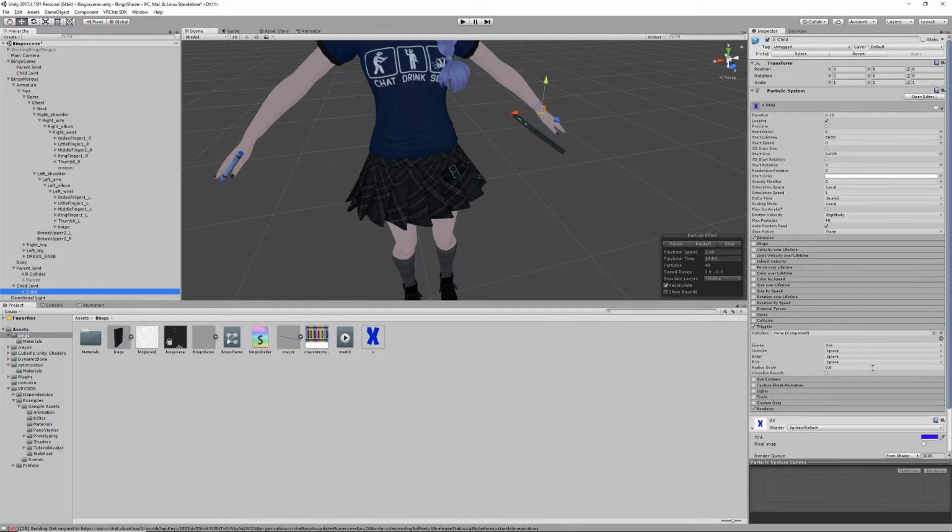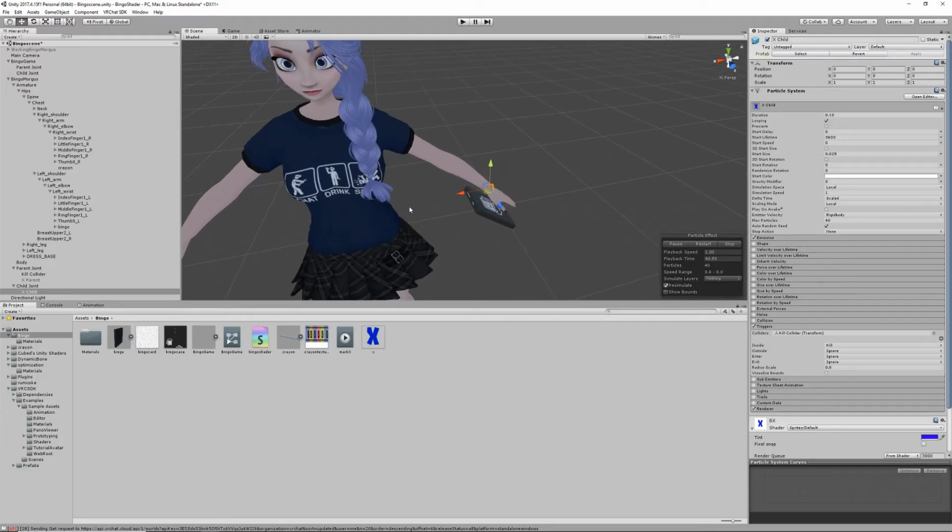We need to have that is trigger turned on. Then go to your X child, and then move your kill collider over to your colliders. And it should be set up just like this: kill, ignore, ignore, ignore, and then a radius scale of 0.8. So now we have our kill collider set up to erase. At that point, the avatar is ready for uploading, but we not only want to do that, we want to